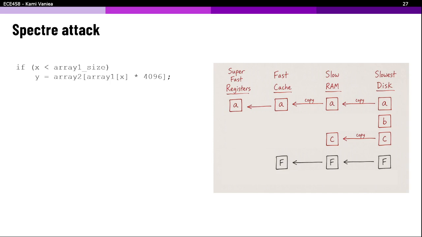All right, I'm going to try to summarize. The first row is asking about something that involves the architecture class, so I'm going to skip that part. In this class, because we're dealing with simpler things, we assume that the registers never write to the cache. Normally it would run all these computations, come up with a new value of C, and as it progresses, one of the things it might do is write back to the cache. This is how normal operation works. For this attack, that is not necessary, and we're just going to assume it doesn't happen. It's always the case that we don't write backwards until the speculative execution comes back.